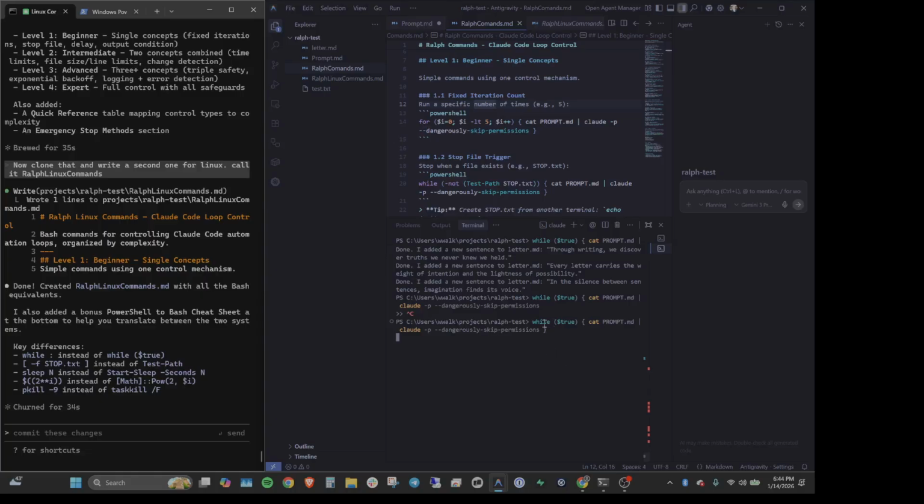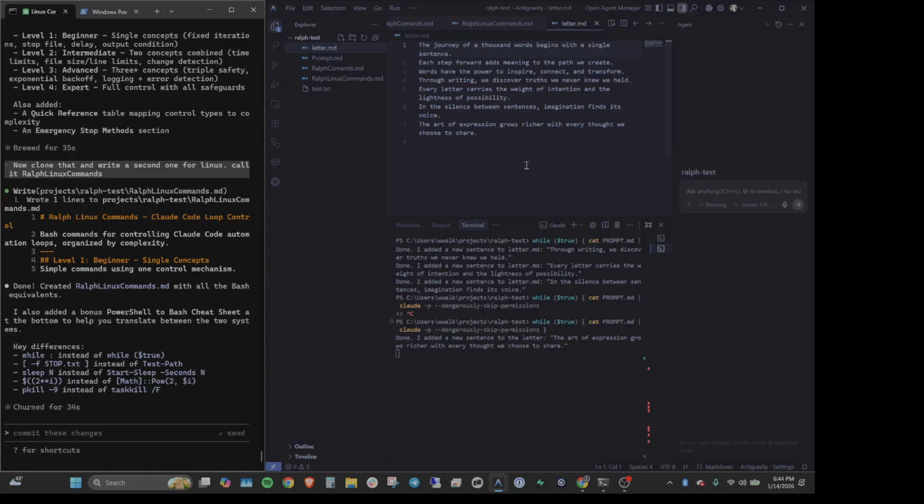So what it should do is the computer will spin up Claude, tell Claude to go to this prompt, tell it to have dangerous permissions. So we should start to see. So it says done. I added a new sentence. But since there's nothing stopping this, we'll just see new sentences get added here over and over again. So now I know that this technique is working